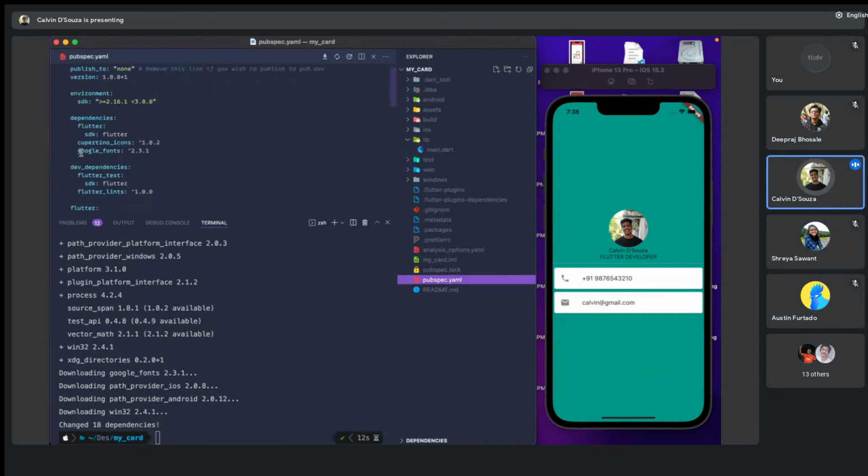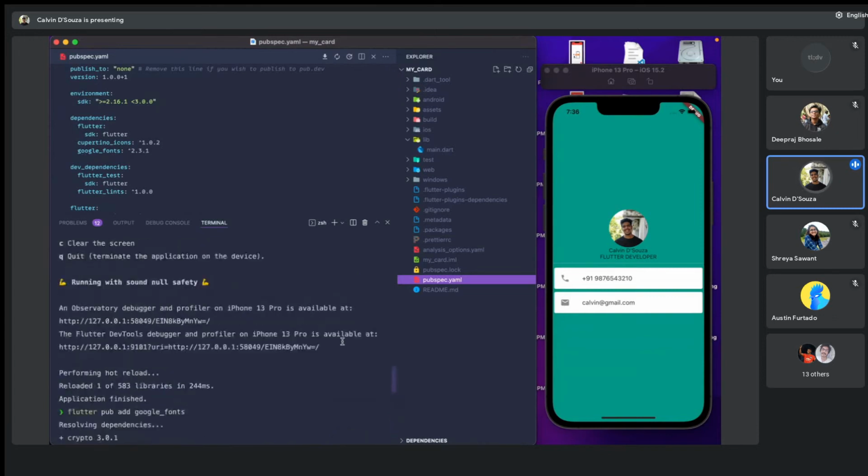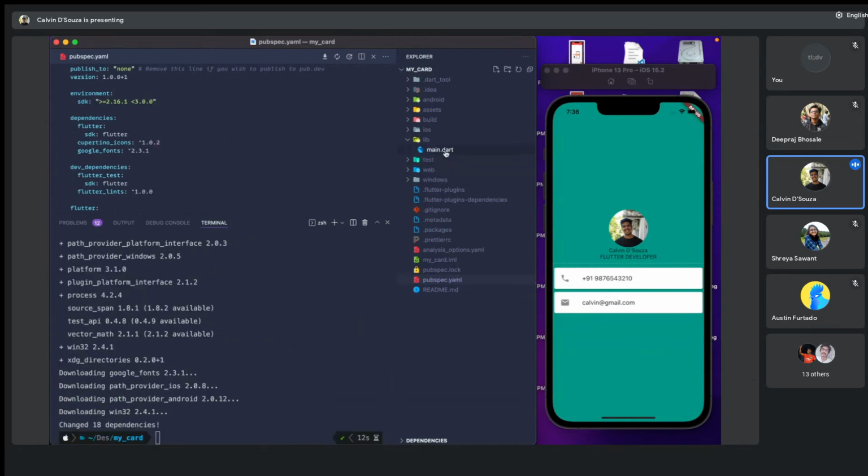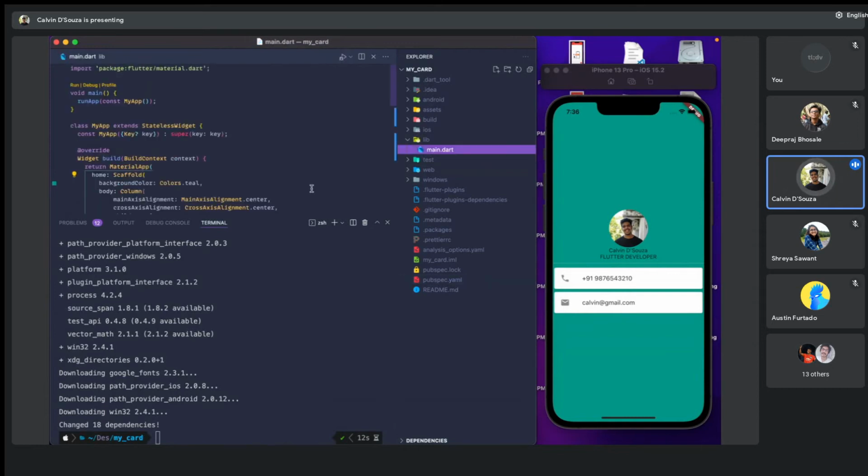Before, we had to specifically go and put Google Fonts here and then do Flutter pub get. But now, with the new command that they've come out with in Flutter 2.0, it directly adds it to your pubspec.yaml file, and you don't have to take care of whether it's properly indented. It's a really good command. So then coming back to it,